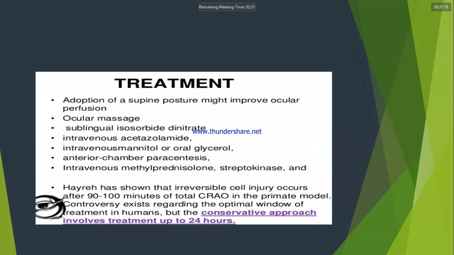Okay, I have ended this too. In the next class, I would like to teach CRVO, central retinal vein occlusion, which is also important to you. Then I go for retinoblastoma. Then what else? And ROP, retinopathy of prematurity. So with these 3 topics, I think I will end the retina next week. Then I will start the other chapter. Any questions, please put them. Otherwise, I would like to end this class.